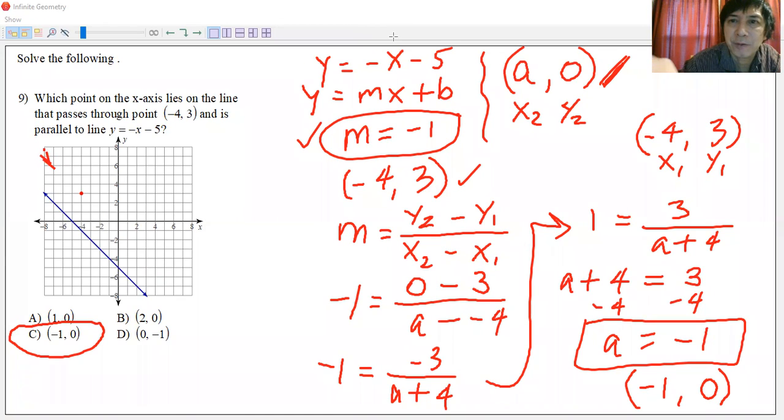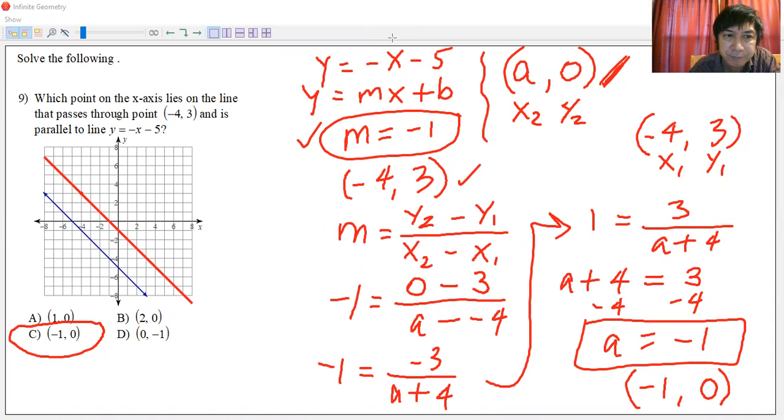Let me start over here. Okay, it must be from here with a slope of negative 1 there. Okay, that looks perfect. That's a line parallel to the blue line, and you can see it passes through